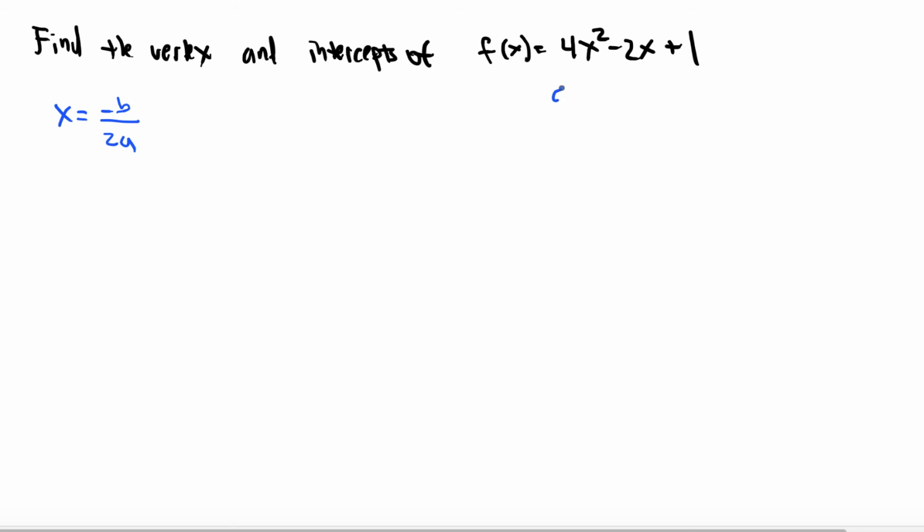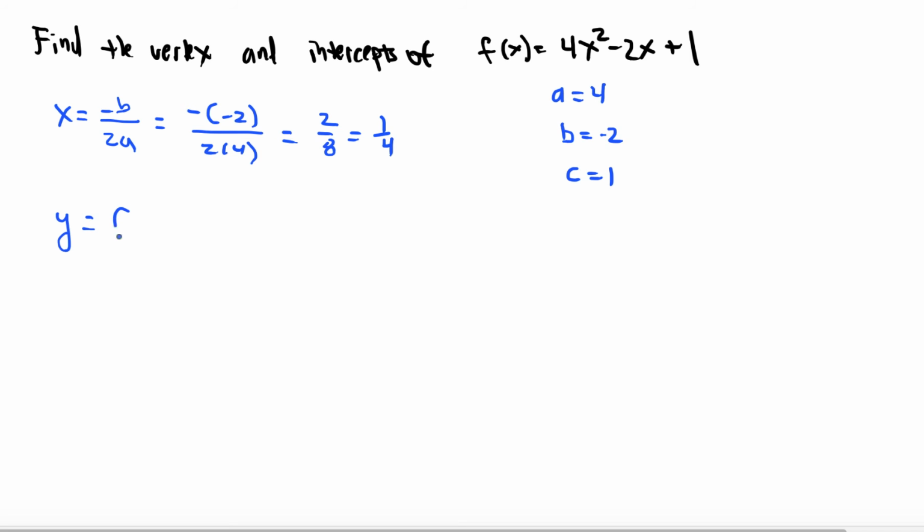In this case, a is equal to 4, b is equal to negative 2, and c is equal to 1. Here we'll plug in these values of a and b, so we get negative of negative 2 all over 2 times 4. The negatives cancel out, we get 2 over 8, so we can reduce that and get 1/4. That is the x-coordinate of the vertex, so to find y, we'll plug that 1/4 into the